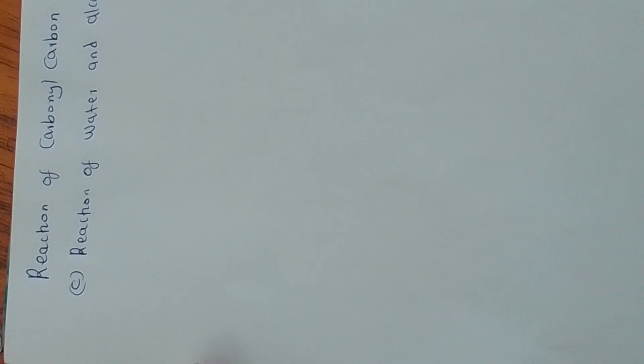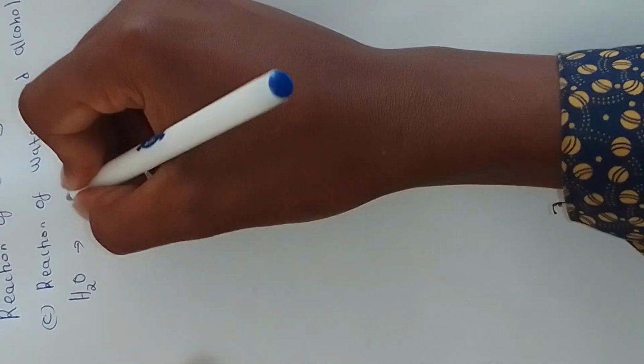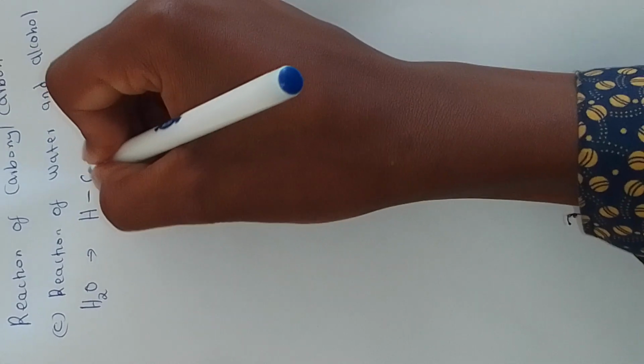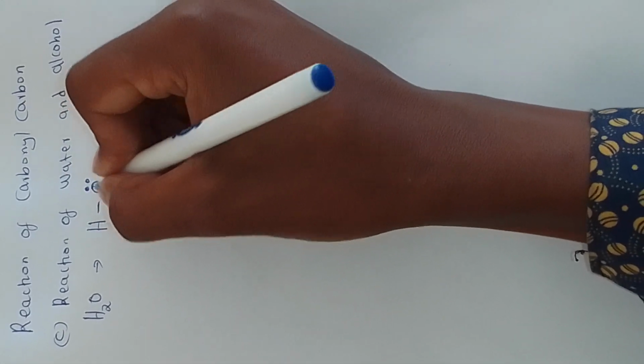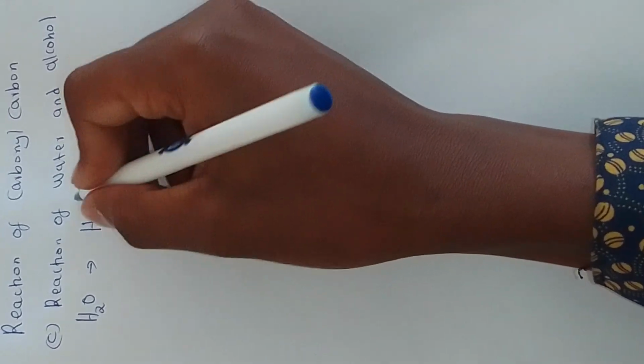with a carbonyl carbon. So in water and alcohol, there are two lone pairs of electrons which are responsible for attacking the carbonyl carbon. For example, this is water. The two lone pairs of electrons look like this one. So these are the lone pairs of electrons which will attack the carbonyl carbon. Also